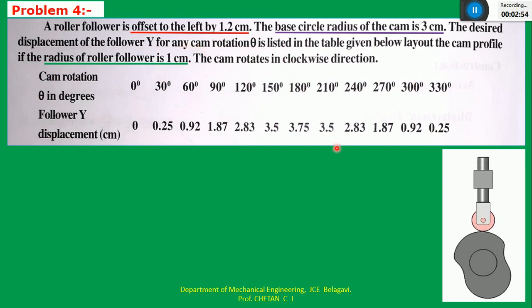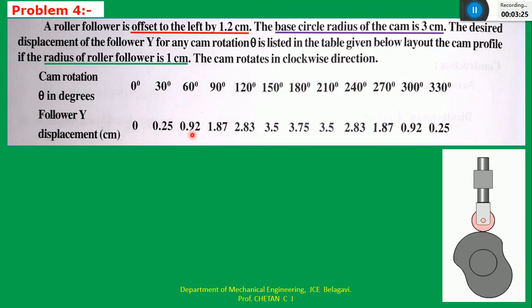So you can observe this table for different rotation of the cam from 0 to 30, 30 to 60, up to 330, and you can consider 360 also as the last one. It will be 0 mm. It means for different cam rotation from 0 to 360, what is the displacement, the distance traveled by the follower for different cam rotation. So along the y-axis you have to take the follower displacement, that is 0.25 centimeter,